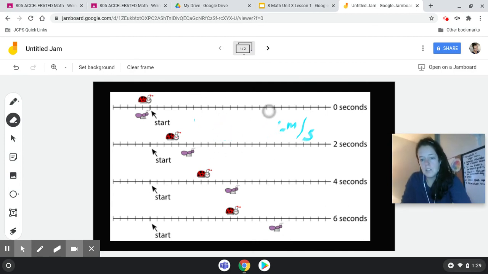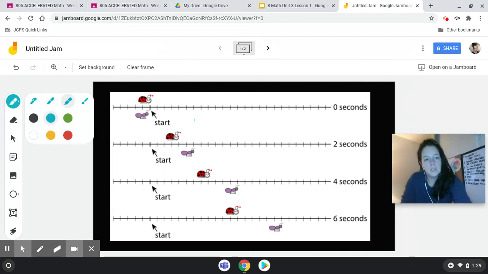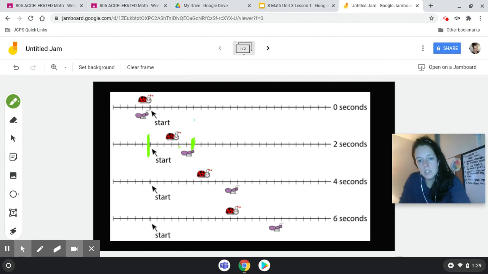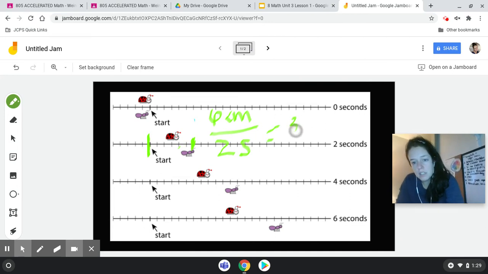Okay, so let me erase all of this. Let's do the ant in a different color. We'll do the ant in green. Same thing, this starting point here is 0. So the ant traveled 1, 2, 3, 4, 5, 6 units. So 6 centimeters in 2 seconds. If you want to simplify that, that is 3 centimeters